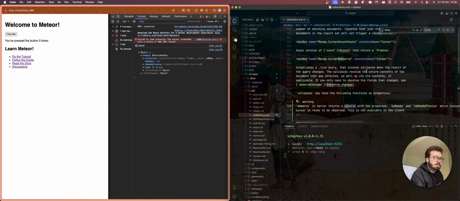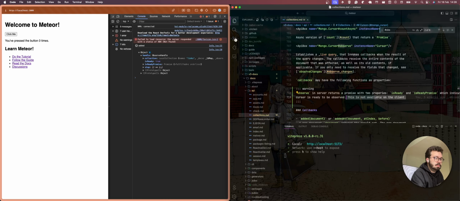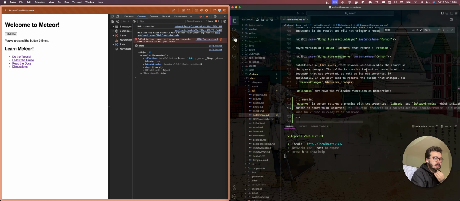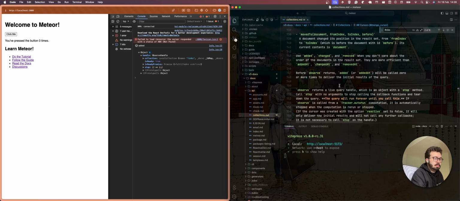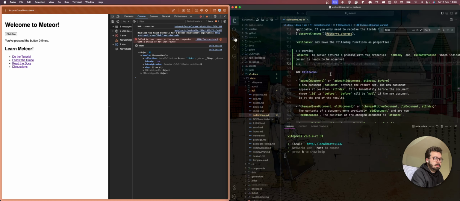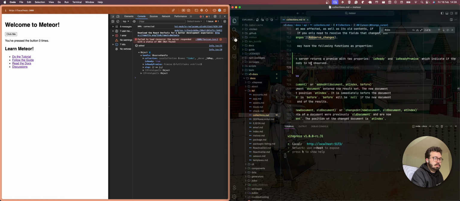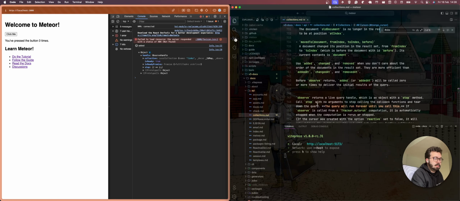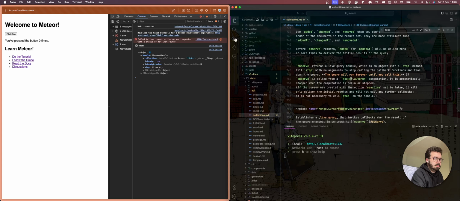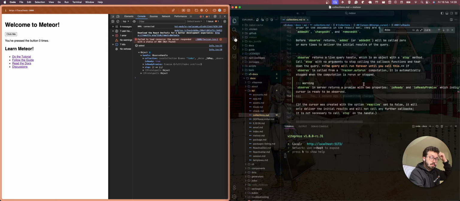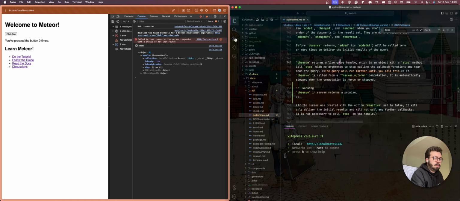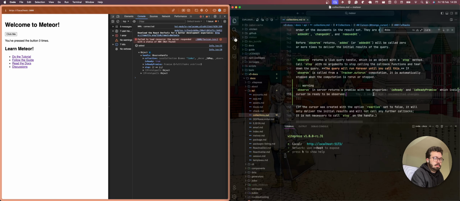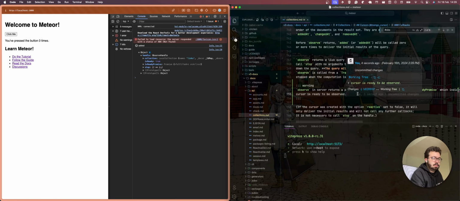So the server returns a promise, and it has two extra properties: is ready and ready promise.